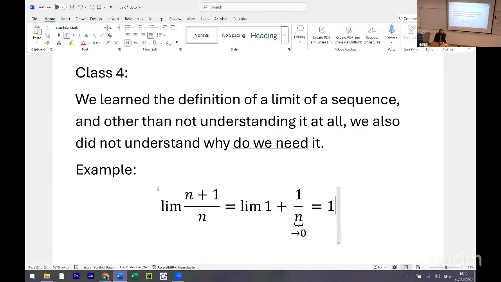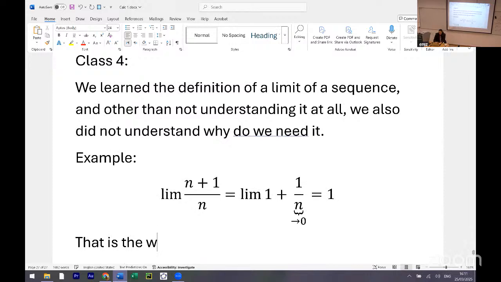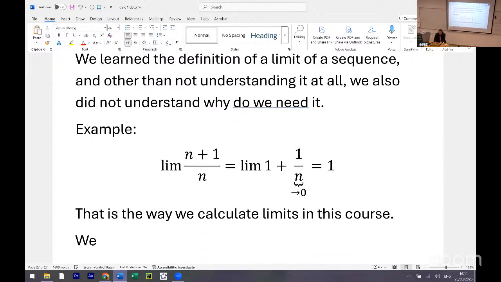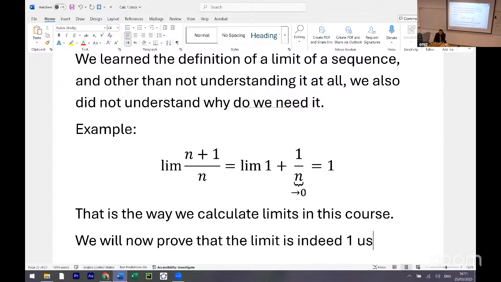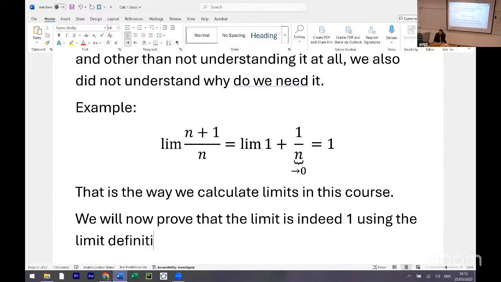So that's the way. That is the way we calculate limits in this course. We will now prove that the limit is indeed 1 using the limit definition. Definition of the limit,